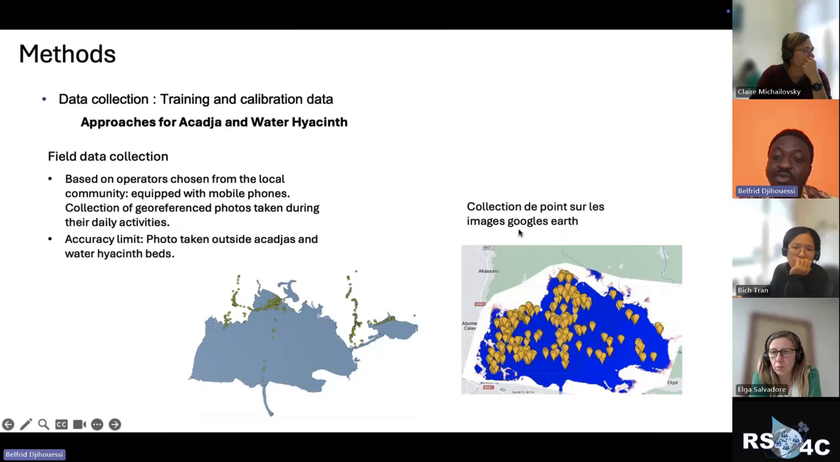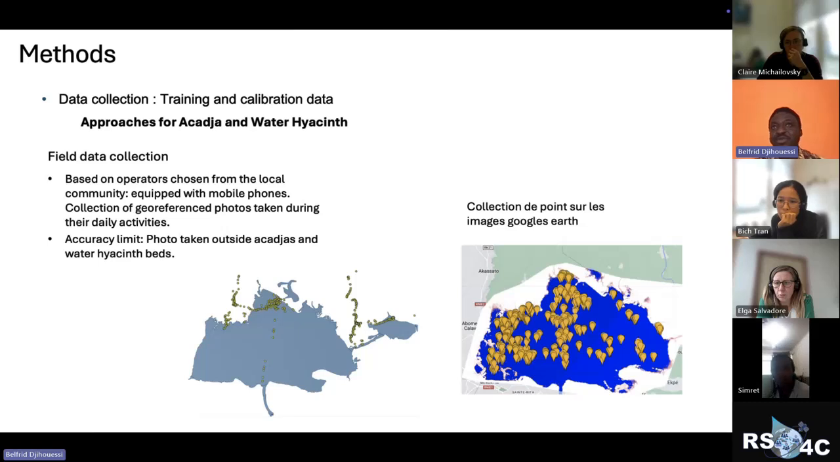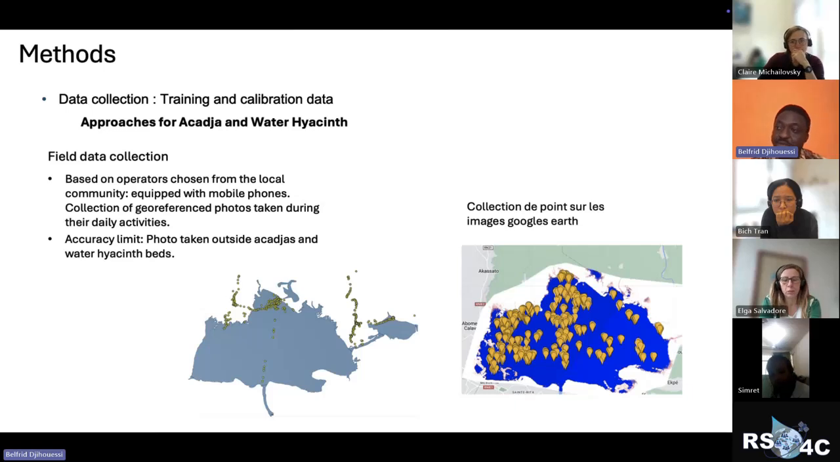data directly from Google Earth Map. So we use Google Earth Map for various years, and we try to detect on the map where is Akaja, where is water hyacinth, where is open water, and we take 1,050, 1,500 points that we classify in three categories. Because when you want to detect something, you need to train the algorithm to detect that